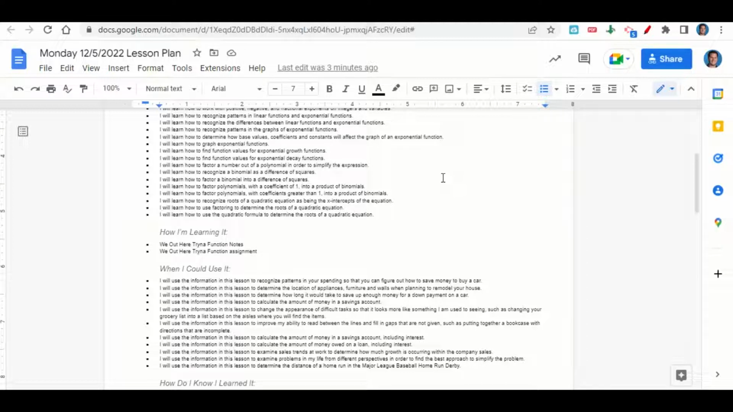How are we learning it? Through the "We Out Here Trying" function notes and the "We Out Here Trying" function assignment. When can we use this information? To recognize patterns in your spending so that you can figure out how to save enough money to buy a